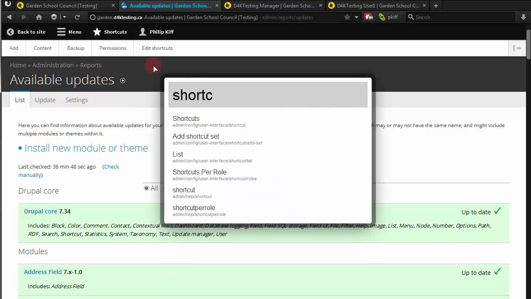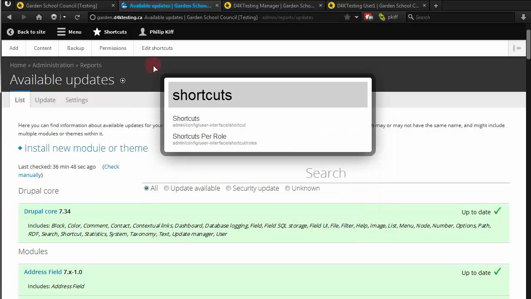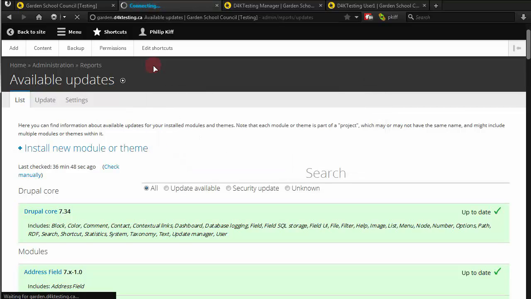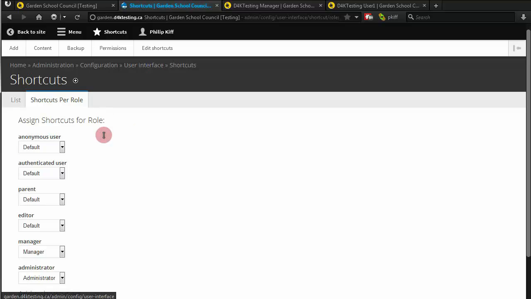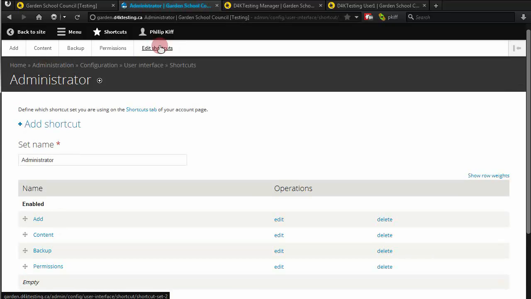But let's go into a shortcut per role. If I can figure out where it is. Shortcut per role. Here you can see each of these you can assign a different set of shortcuts. I don't know if there's a limit on how many you can create, but I've got a default for most everybody, an administrator set, which is for me and Dave, and then we have just 2 managers, and they share one set, although we're giving them editing privileges for their set. So I can edit anybody's. The managers,